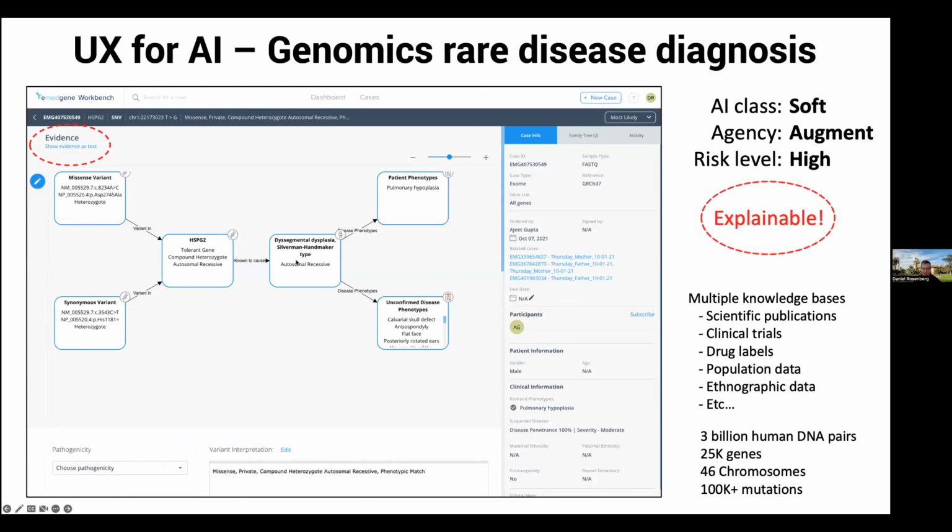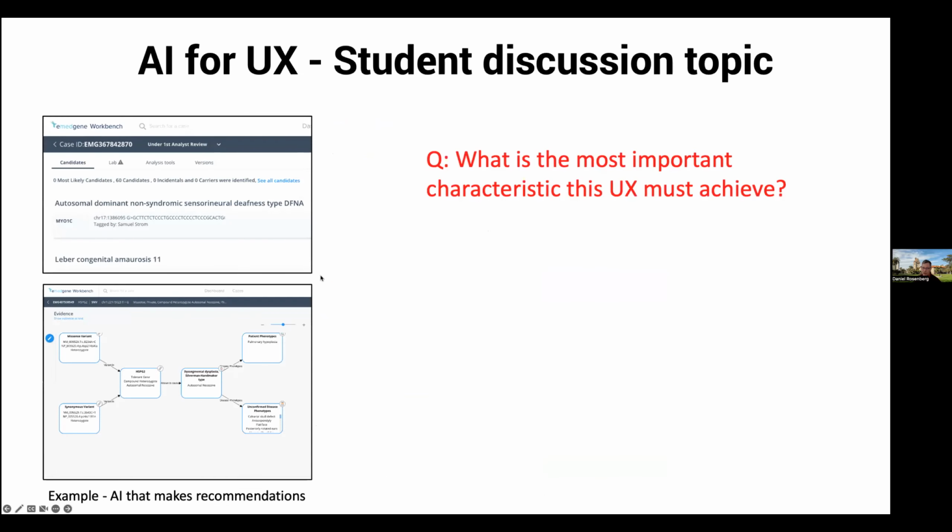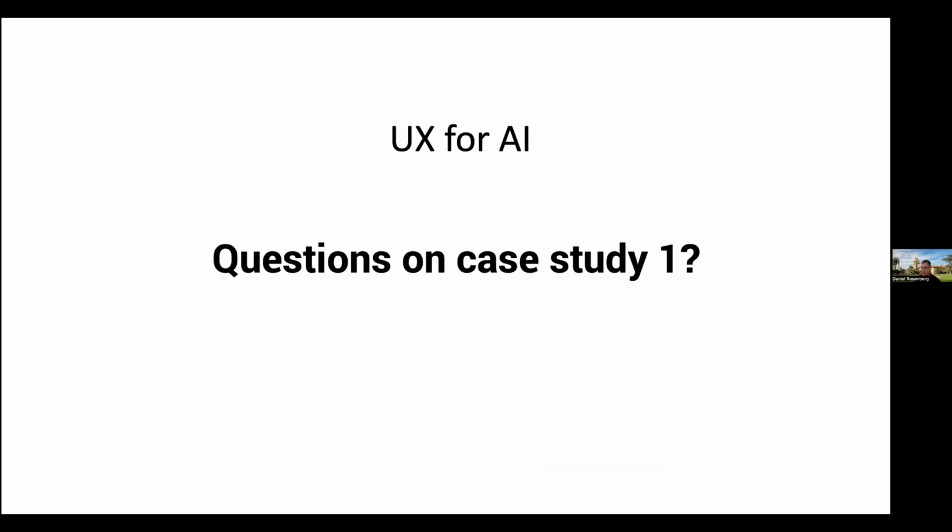But if you click in here, it'll say, I think this connection is indicated in this particular article, in this particular journal, in this particular case, right? And so the genomicist, if they're not familiar with the article, they might stop and take an hour or two to read it before they decide to include that this is relevant in the report.